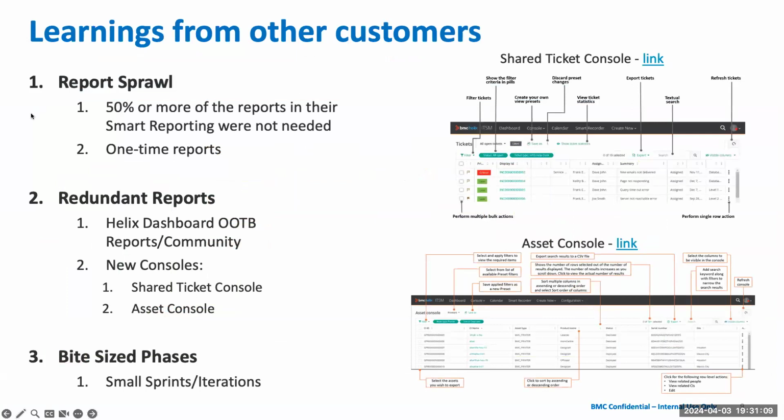Now, let's talk about some of the learnings from other customers. So there are many, but one biggest one that we have seen across the board, across all customers, is report sprawl. Now, when we first get engaged, when we first talk to customers, we generally see a very large number of reports